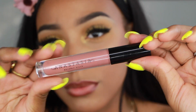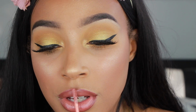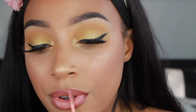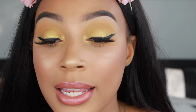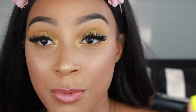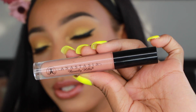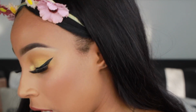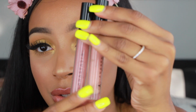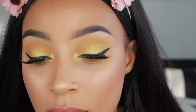And then I use the Anastasia Beverly Hills Toffee lip gloss. It's this beautiful nude lip gloss. I feel like it's the perfect like black girl nude, but I feel like it's too like pinky now. So I go in the Anastasia Beverly Hills Undressed lip gloss, which at the time I thought was too light, so now I like mixing both of them together. I just wish ABH would come out with a perfect color in between of these two, because that would be perfect. So what I do is that I take Undressed and I apply it in the middle,